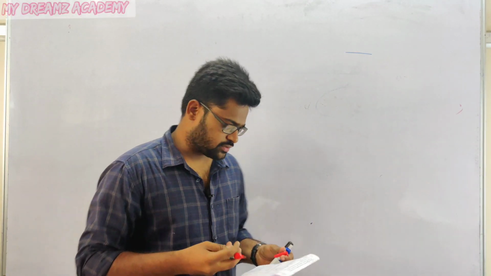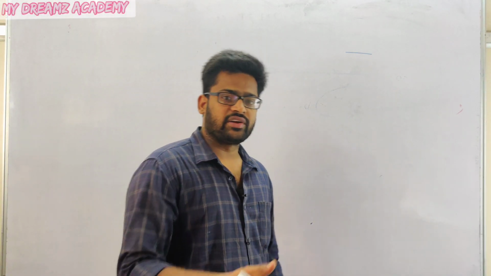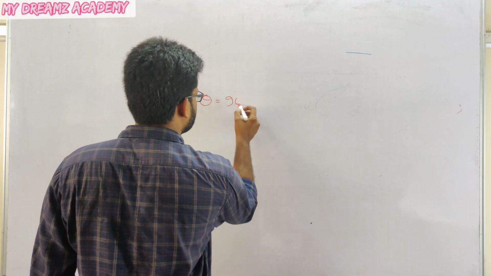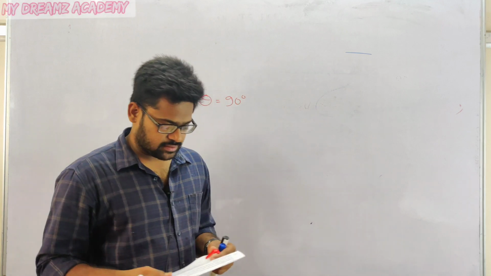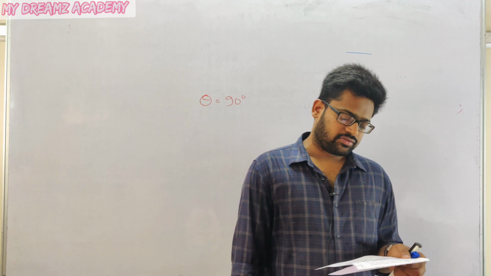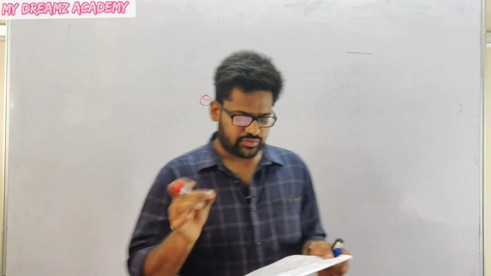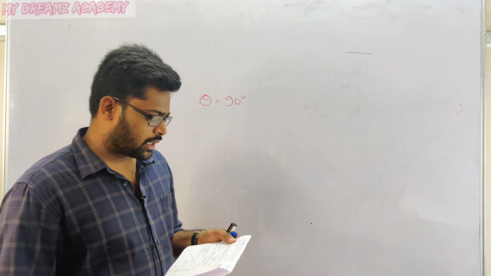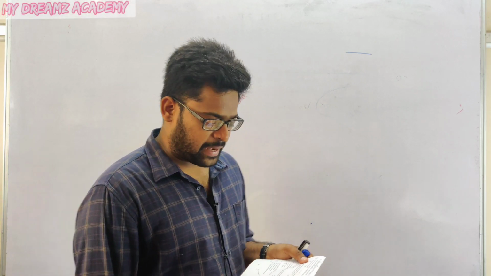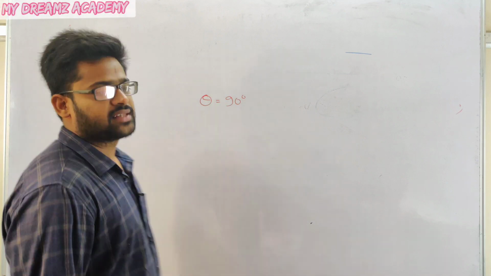Lissajous figures, this question. Two voltages are of equal frequency, but the phase difference between them, theta, is equal to 90 degrees. I will read the question: when two equal voltages of equal frequency but 90 degrees phase difference are applied to horizontal and vertical deflecting plates, the pattern appearing on the screen. We need to see which pattern will be appearing on the screen.